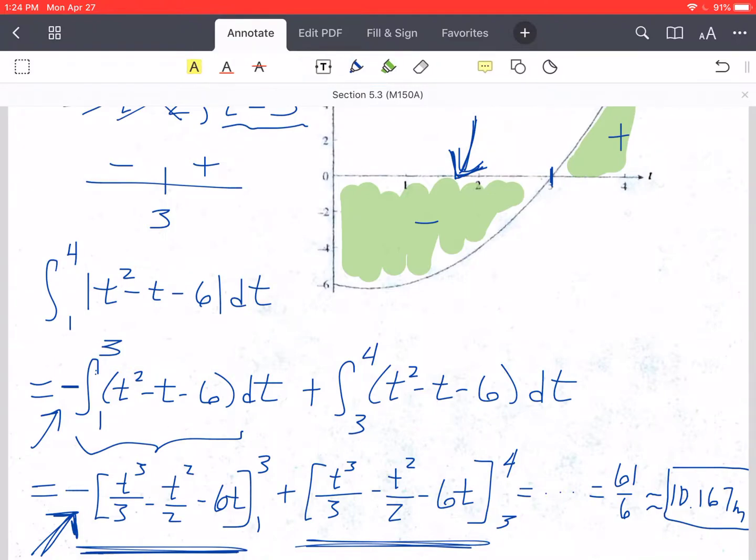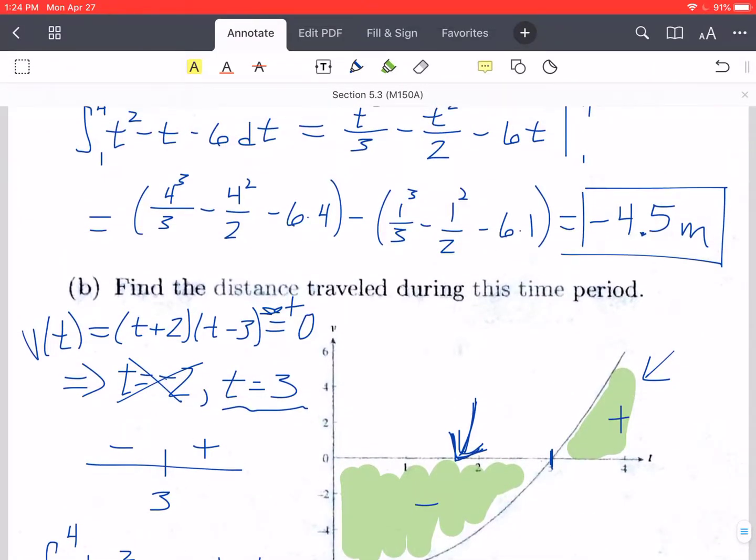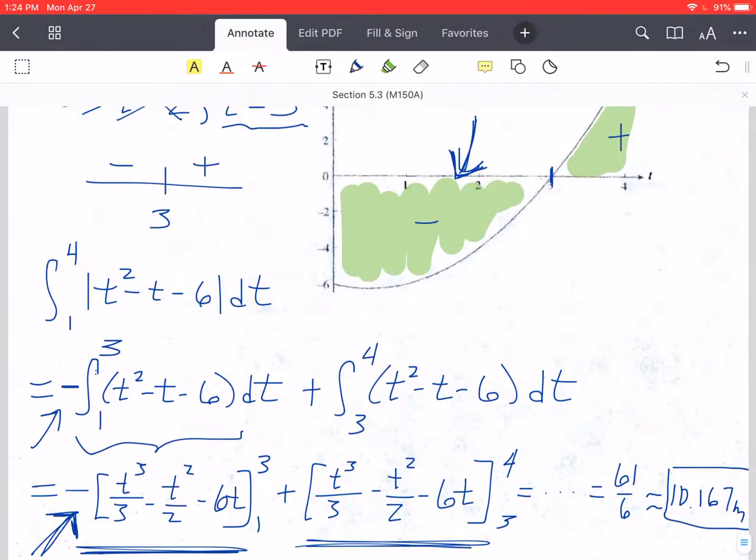Well, it tells us from second 1 to 4, the object from start to finish ended up 4.5 meters behind where it started, but over this time period it traveled over 10 meters. Okay, it just so happened that more of the meters were negative, they were backwards, and then a few of them were positive or forwards. Okay, so we get the difference here between net distance and total distance traveled. Okay, and that is going to be it for